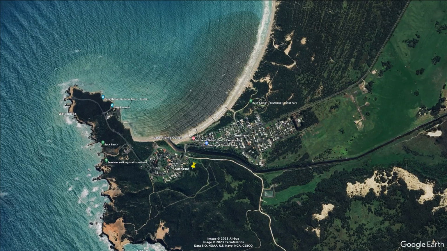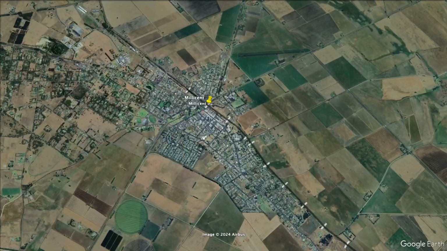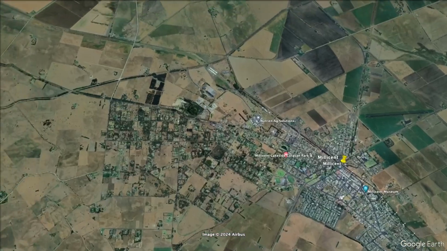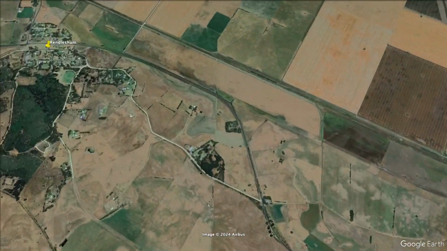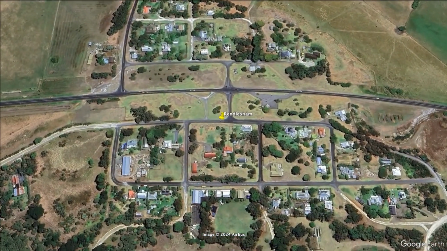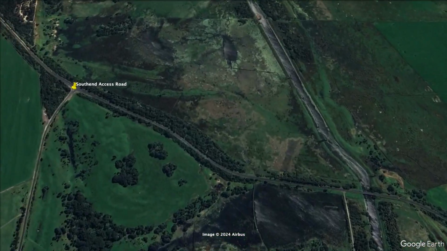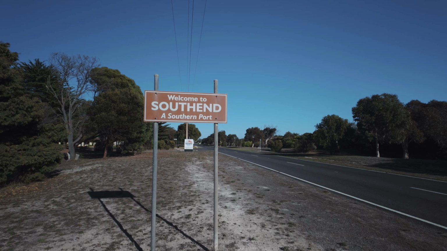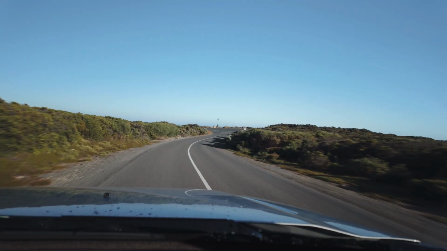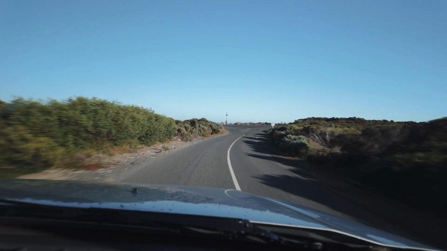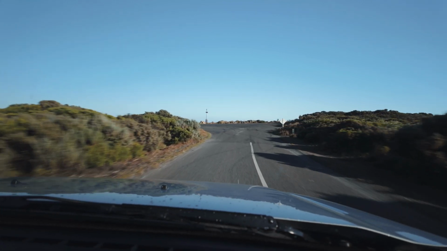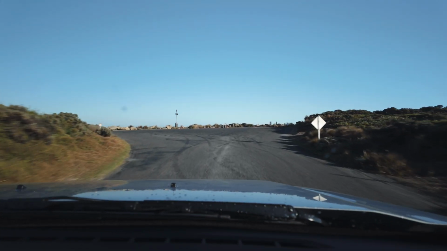First, we are heading to 3 car parks at Southend. To get to Southend, coming via Millicent, travel through Millicent and onto the Southern Ports Highway. Continue on through Rendlesham and after approximately 6 kilometres turn left onto the Southend Access Road and follow it into Southend, where it becomes Eliza Street and then Cape Buffon Drive. Follow Cape Buffon Drive to the end where you will arrive at our first car park, the Cape Buffon car